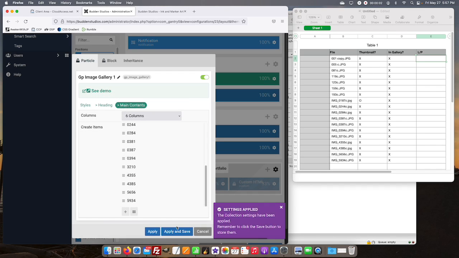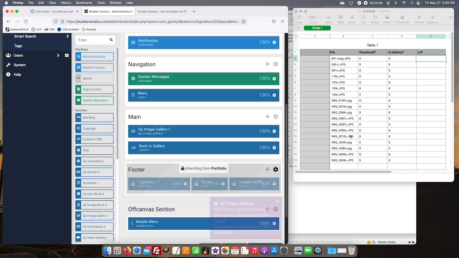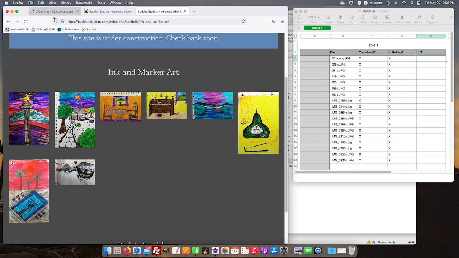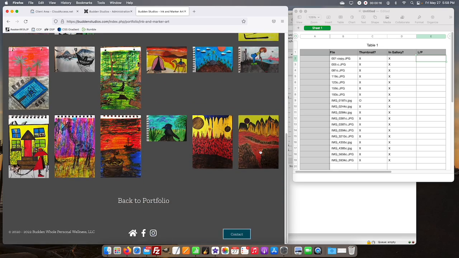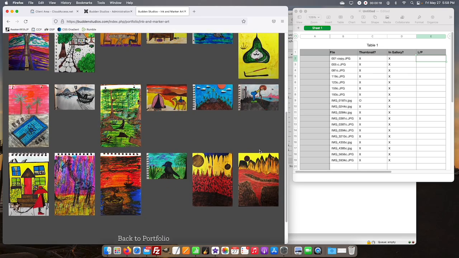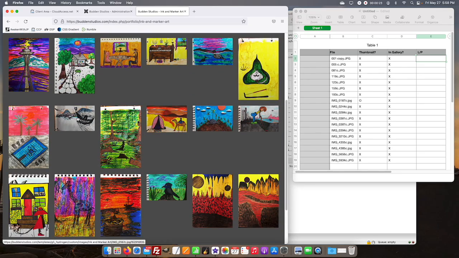All right, and now that I have all of the images in the gallery here, then we can flip over, reload that, make sure everything looks good. They're all different images, all that good stuff. And let's see, it looks like we have a 6x3 for 18 total images. We can change the number of columns there